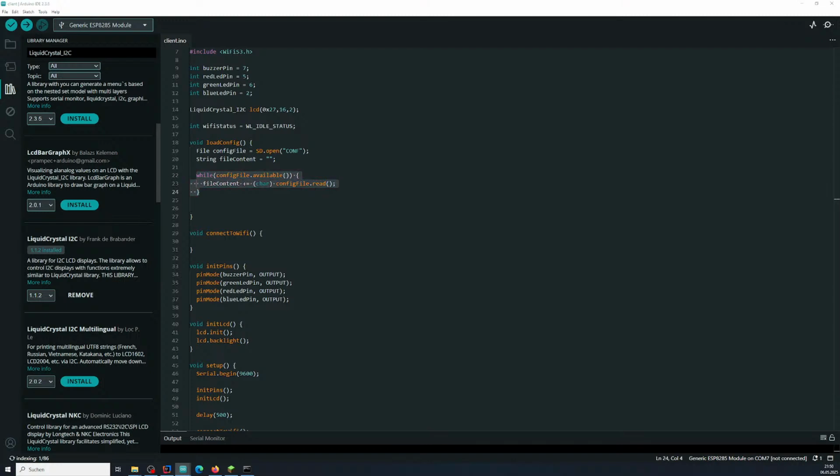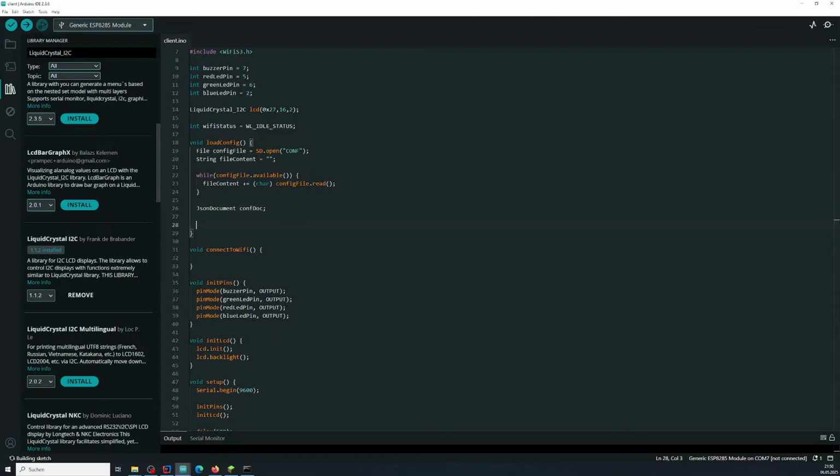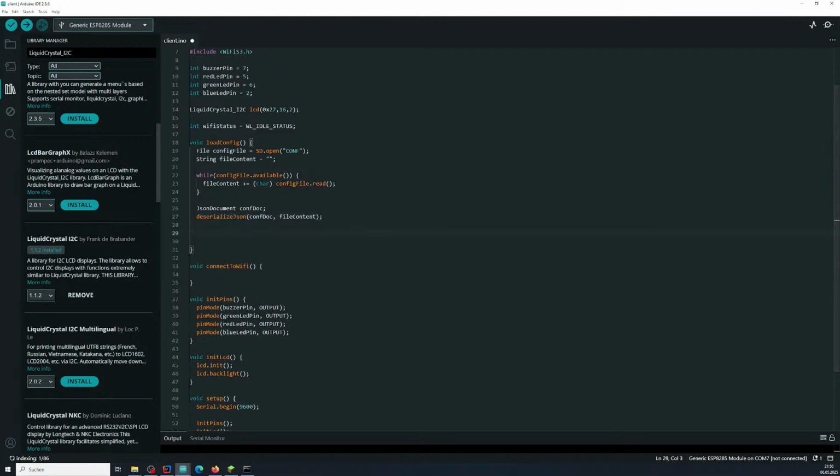I write it, then I make a JSON document. Conf doc. So then I just copy this. It's easier. Conf doc with the file content. I deserialize it, so I have it as an object. Then